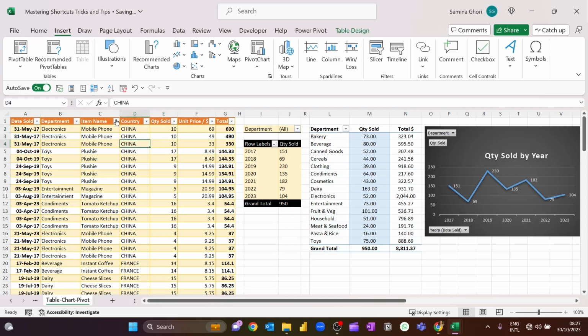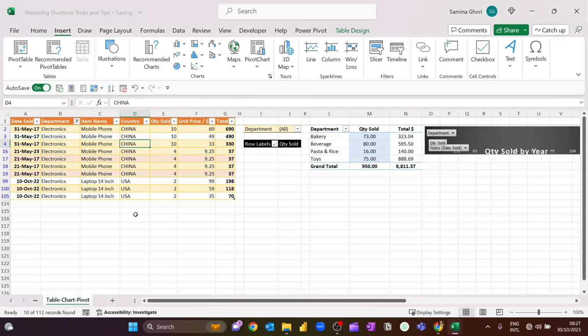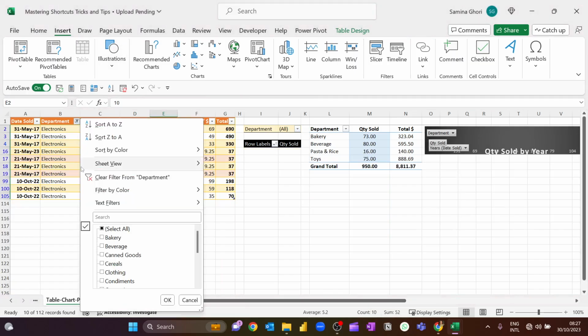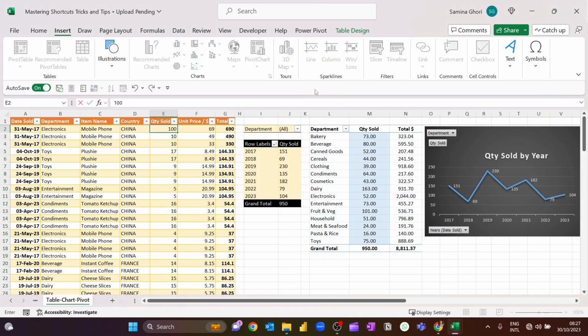So what we're going to do right here, let's just click onto our electronic department, filter electronics. Let's have a look there, and we have now a total of 52. So let's just clear the filter here. Now let's add 100 right here. Adding 100 should change it from the